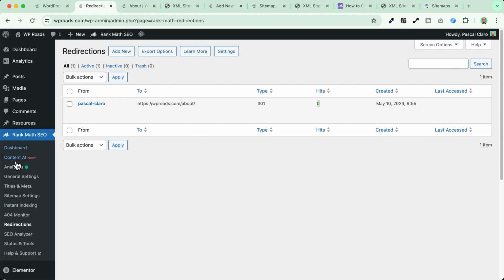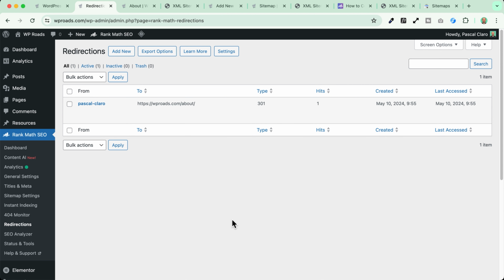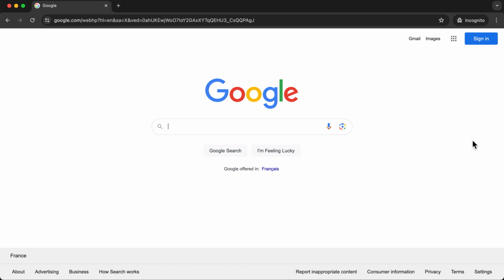So this is a quick example on how you can monitor all the 404 errors that are occurring on your page, and to avoid them, you can redirect them and just go here and show the right URL. Now, if you have done correctly all these steps before, after a few days or maybe some weeks, you will